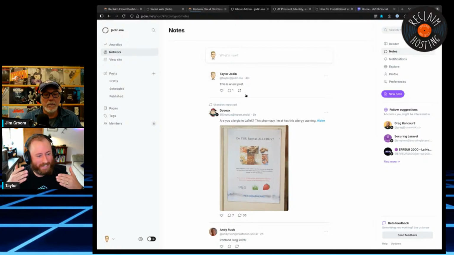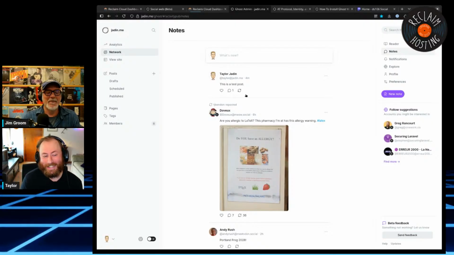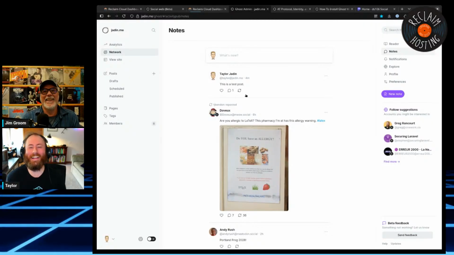So it's just the Ghost versus WordPress story over and over again. Can you do more in WordPress? Of course. WordPress can drive your car if you install the plugin for it. Well, do you want it to do that? Exactly. Do you know that Matt Mullenweg is behind the wheel?